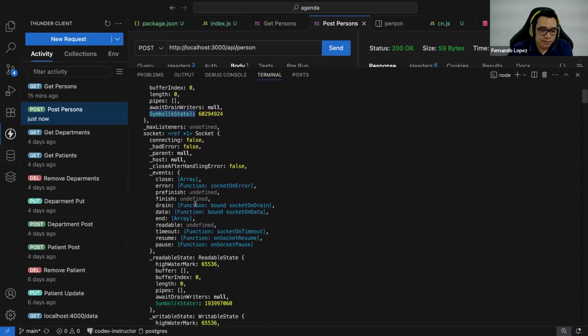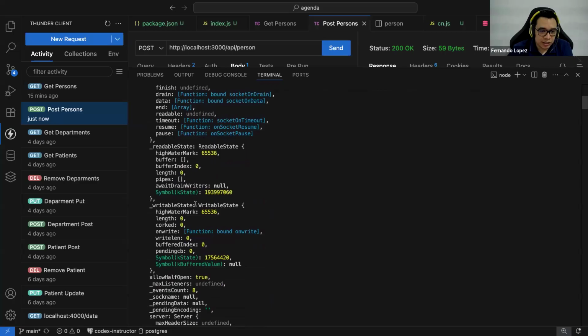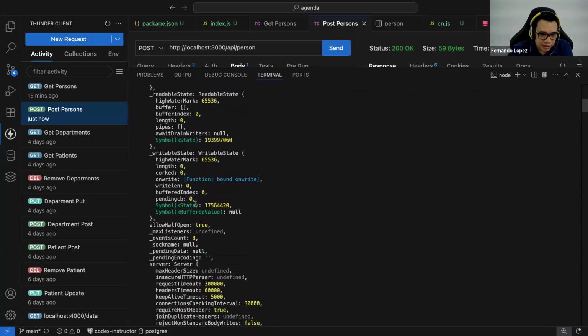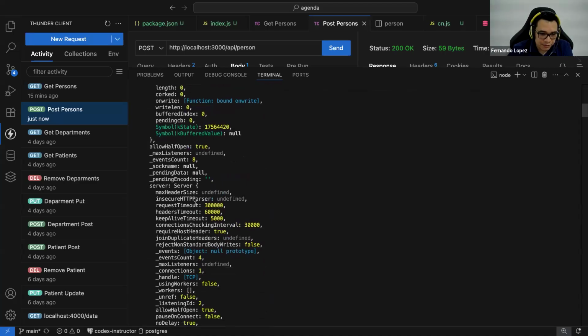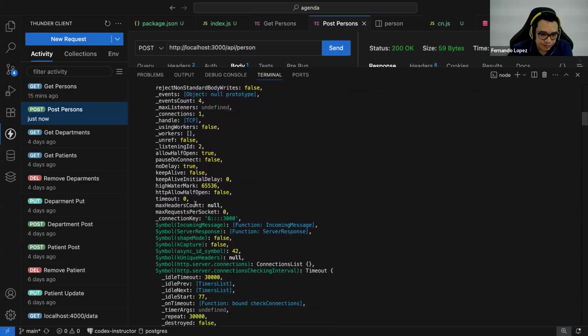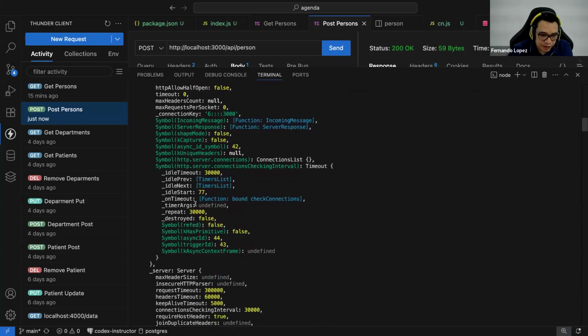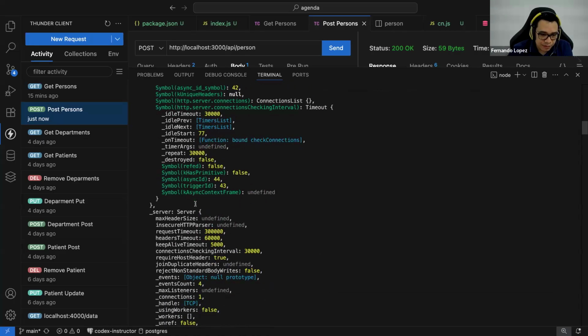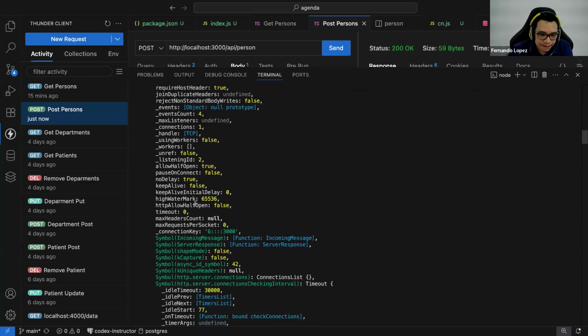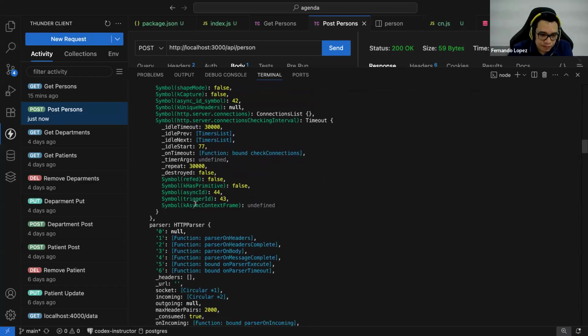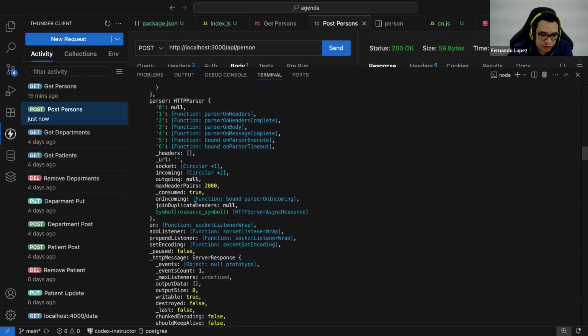What else? Something very important here is an object called the body. Let me see if I can identify the body here. Let's continue.